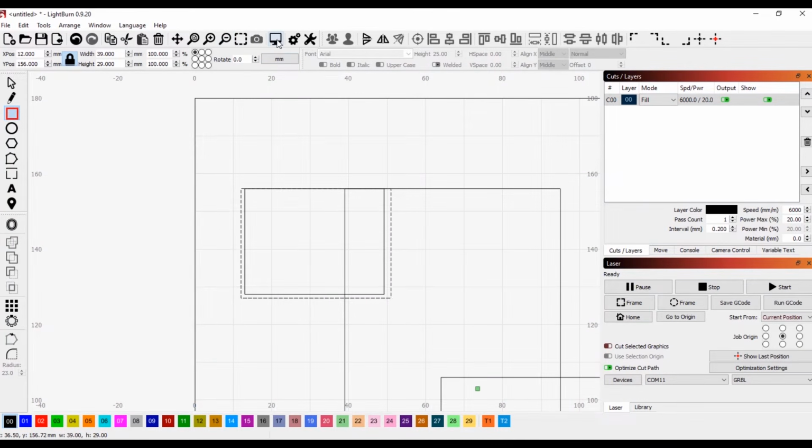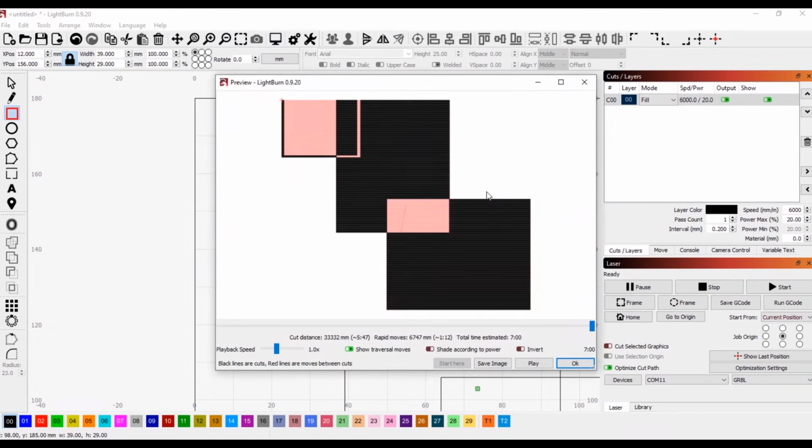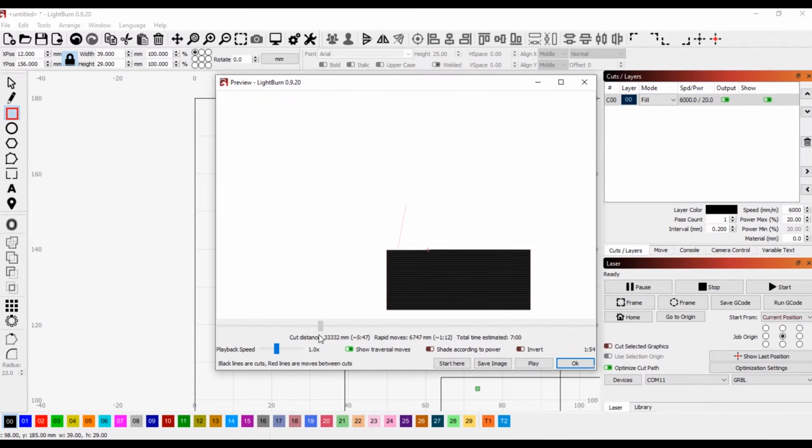The next option is the preview mode. Whenever you've done a design and you've got your power settings all correct up here, you can click on the preview button and it will show you what it's going to be doing and how it will do it. So as we pull this back to the start,